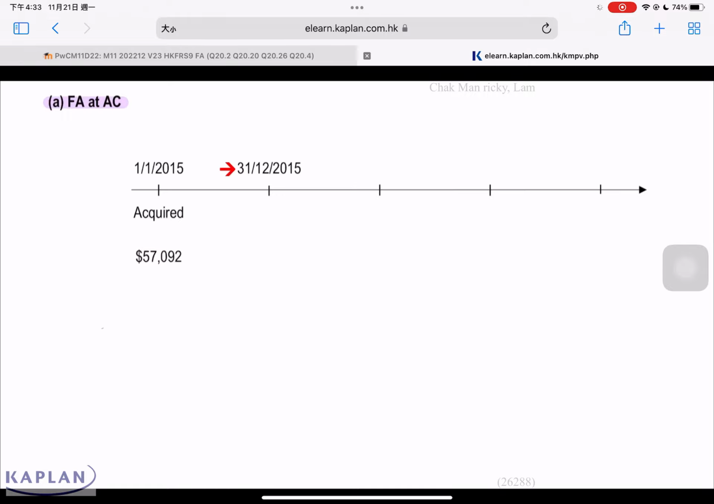Financial assets at amortized cost. Whenever you talk amortized cost, you must consider the cash flow. On 1st Jan 2015, this is the day that they acquired the investment, paid 57,092. And this investment has the cash flow of 4 years, 31st December 15, 31st December 16, 31st December 17, and 31st December 18. This investment produced a cash flow based on the contractual rate, 9%, multiplied